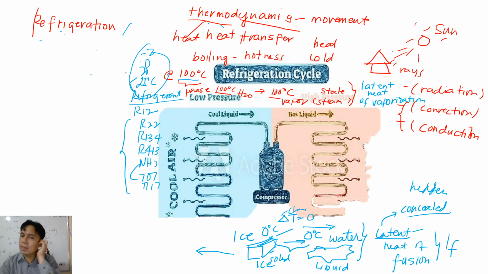If you are getting what I'm trying to point out. Before, we were saying water will boil at 100 degrees centigrade. That is true for water, but we are not talking about water now. We are talking about another fluid, which is refrigerant. Even at a lower temperature, like -5 or 1 or 2 or 3 or less than that, the refrigerant will boil. So we could not say that all the things that are boiling